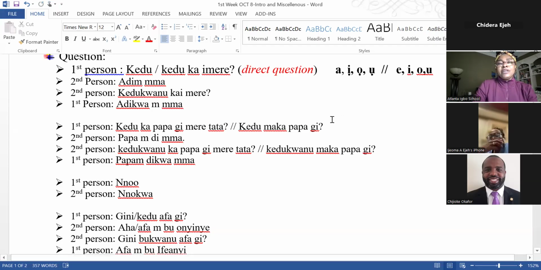Chidera, I noticed that you're saying things clearly. I think you're more fluent now, and you don't say things with accent. So keep it up, okay? And mommy told me that you'll be traveling. So when you're over there, I want you to keep in touch with me. I want us to be talking. I will be giving you more things to do over there. And when you come back, you're going to write an essay in Igbo, complete Igbo.